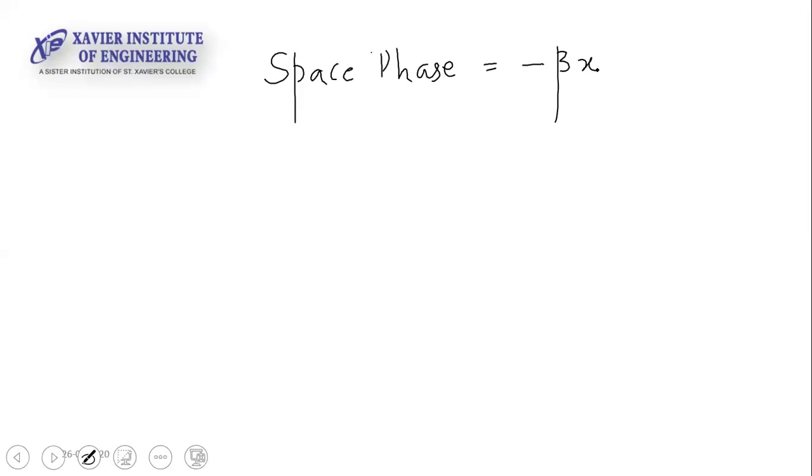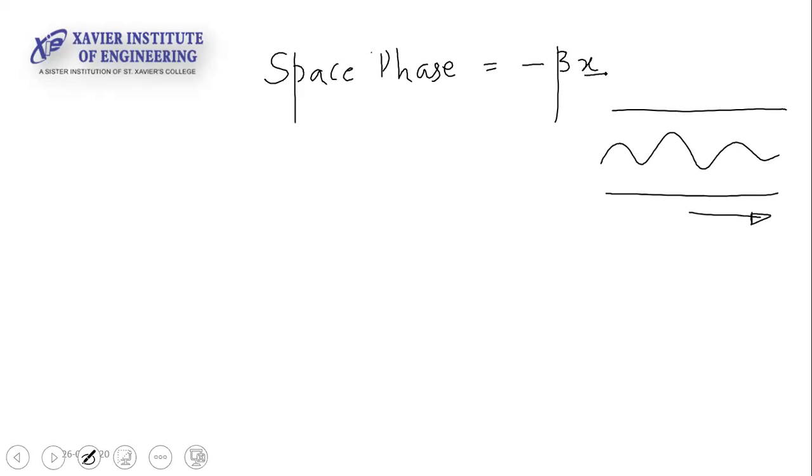I repeat once again, as the wave travels in the positive x direction, I think last time we have spoken about this, the wave can travel from left to right or it can travel from right to left. So whichever equation we have considered right now is the equation which is moving in the forward direction. So as the wave travels in the positive x direction, the phase lags more and more, and the phase linearly varies because you see that x is also here. So the phase linearly varies as a function of x for a given value of beta.